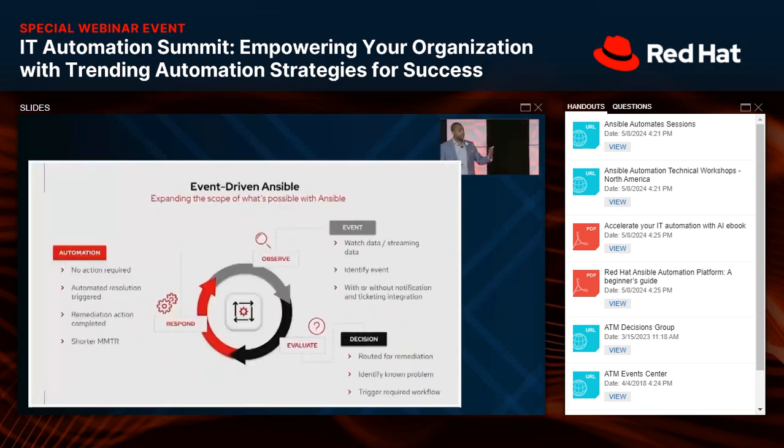Getting a little bit more into event-driven Ansible, because this is our new functionality, and something we're pushing our customers to pay attention to, is the idea of being able to observe, evaluate, and respond, right? You can observe something that happens, so you can tie an event to an alert.